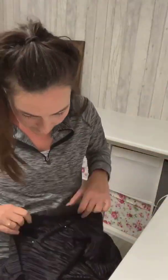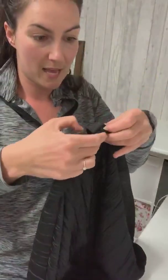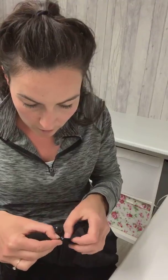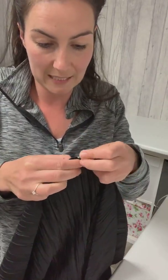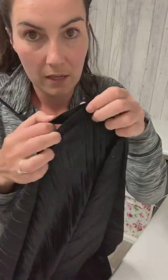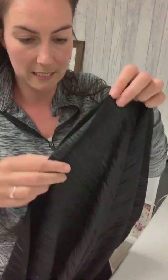So we're going to be putting our elastic on the inside of the skirt. So you want to almost slip the band inside, and what I'm going to do is match up my quarter points. So taking the pins together, and I'm just going to take my pin out and then pop it back in. So now it catches the elastic and it catches the fabric as well. So when I'm pinning them together, I'm trying to pin the top edge of my skirt and the top edge of the elastic together. And again, like I was doing with the